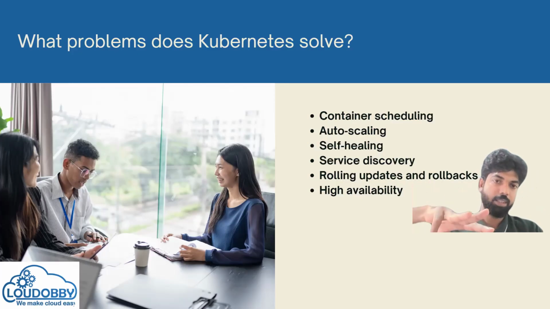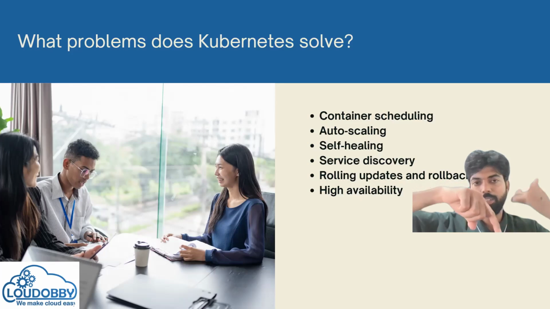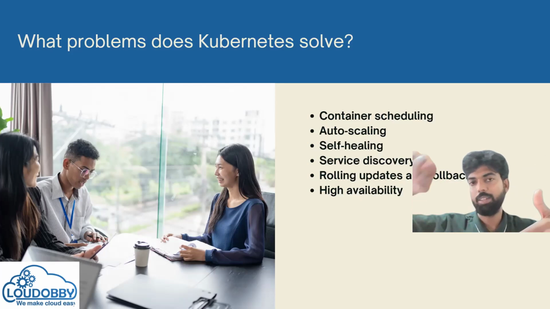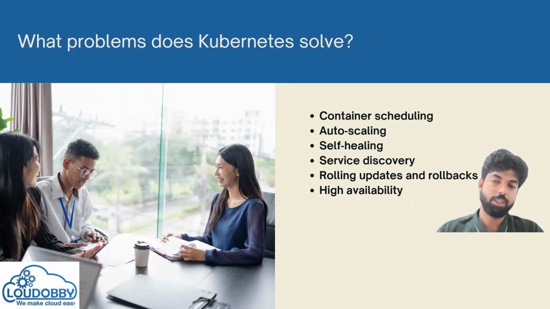If you are running 3 containers of the same application, first a new one will be deployed, the first container will be killed, then the second new container will be deployed, then the second old container will be killed. So this is called a rolling update, or rolling deployment. And if the first container fails, it will automatically roll back, and the old container will still be running.